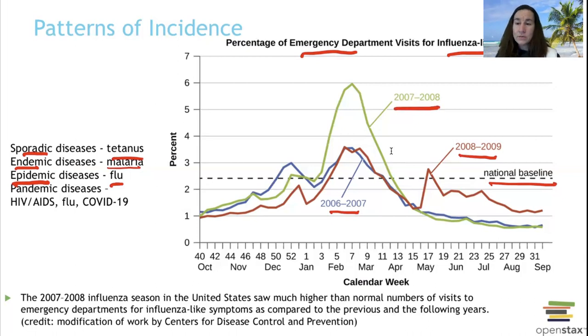we normally don't see. So if, again, we talk about antigenic shift and antigenic drift and how it can change just a little bit or it can change a whole lot. And normally if it changes a whole lot, we're not quite prepared for it. Our immune system isn't ready, and you're going to see more cases of that showing up. So we have spikes, and these spikes would be considered epidemic because they are higher than normal. But here's our national baseline, and we're spiked way up here. This is an epidemic level. It's higher than normal.